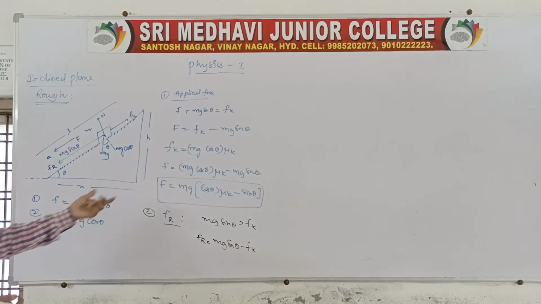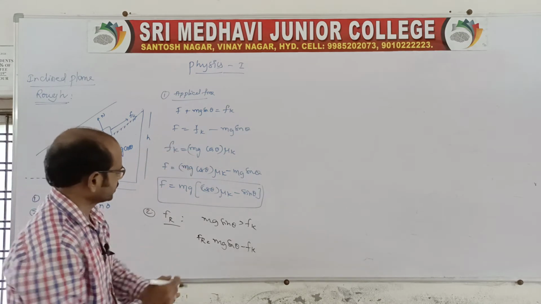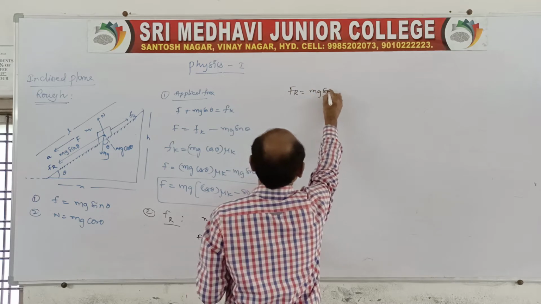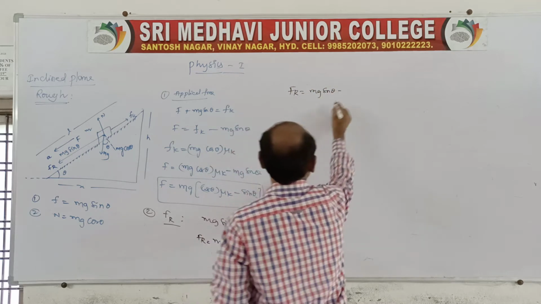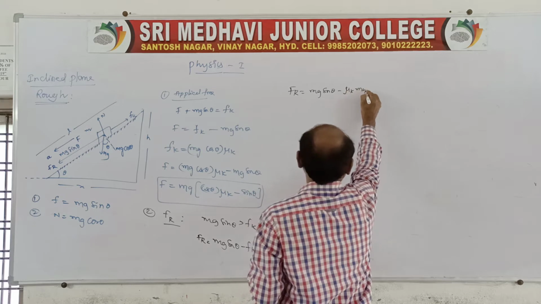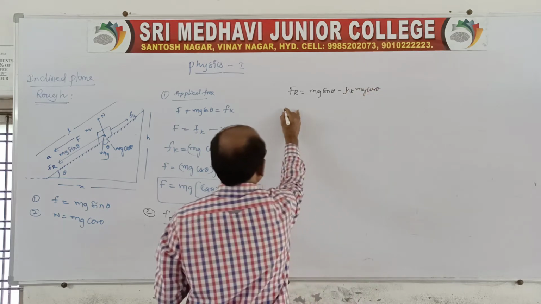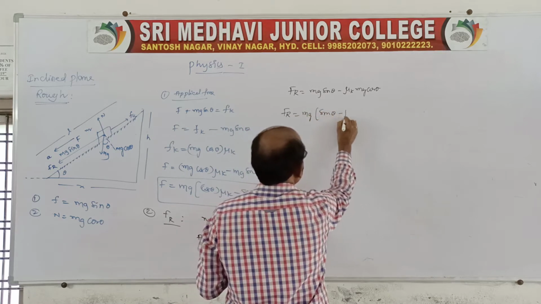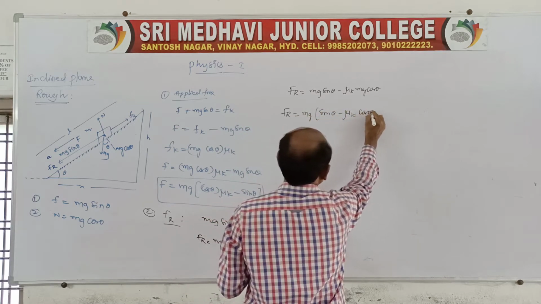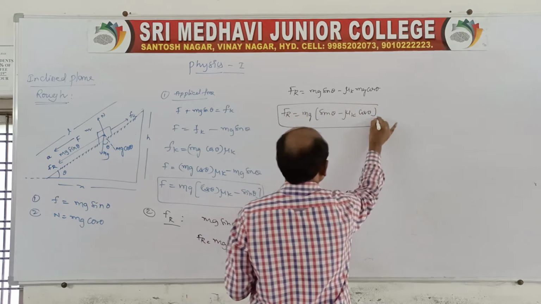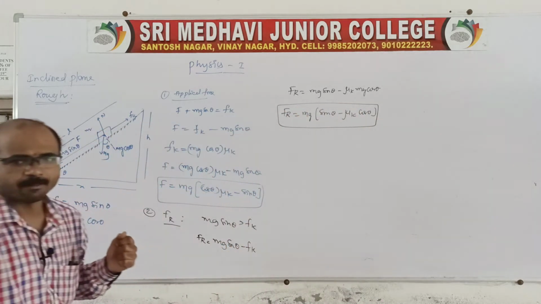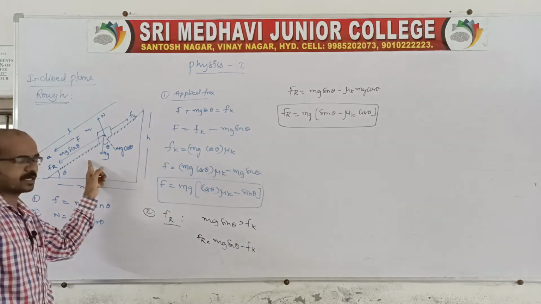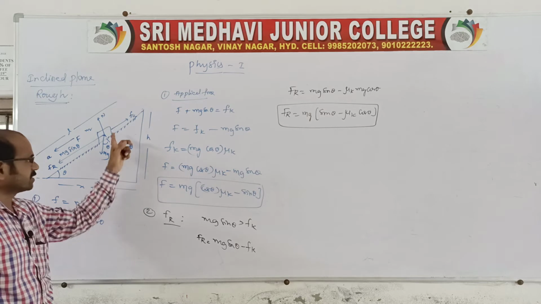So we know Fk, again you write from here, Fk is nothing but substitute here. Therefore the resultant force will be Fr is equal to mg sin theta minus, Fk you take as mu k mg cos theta, which is the frictional force. Then Fr is equal to mg common, sin theta minus mu k cos theta. This is the resultant force when the block is sliding down.